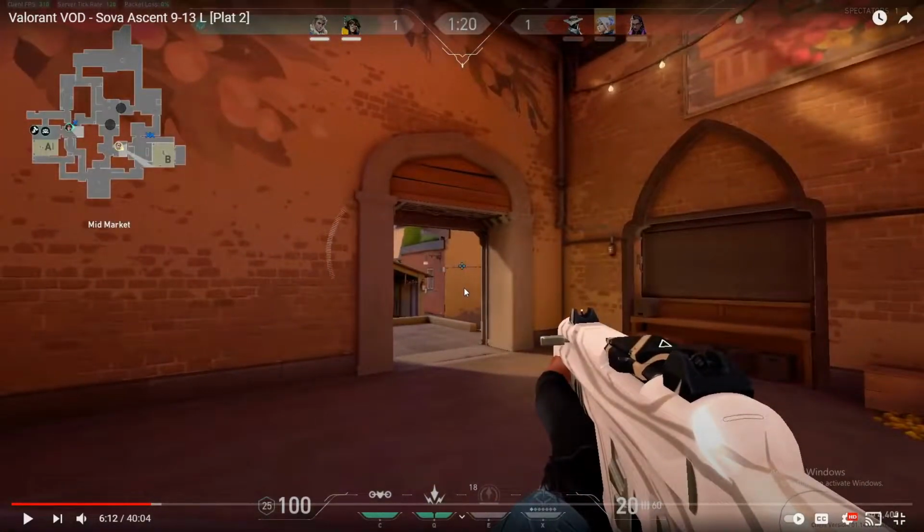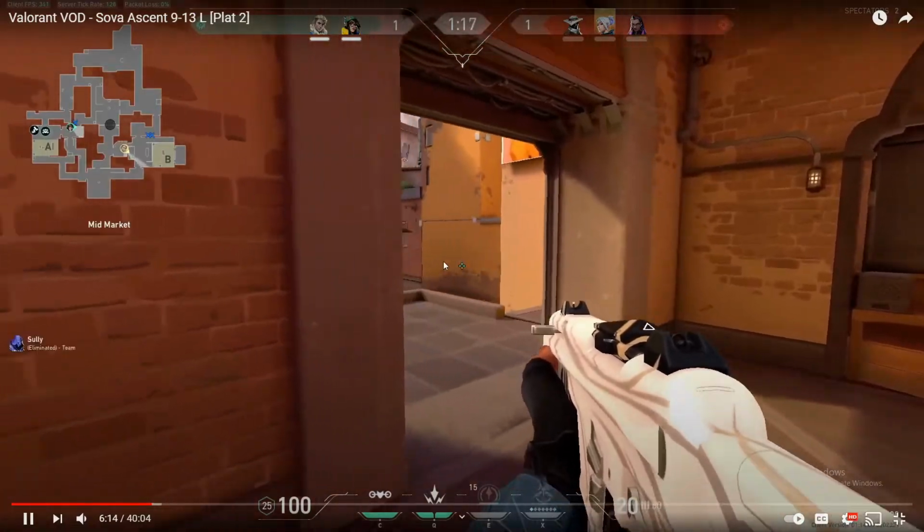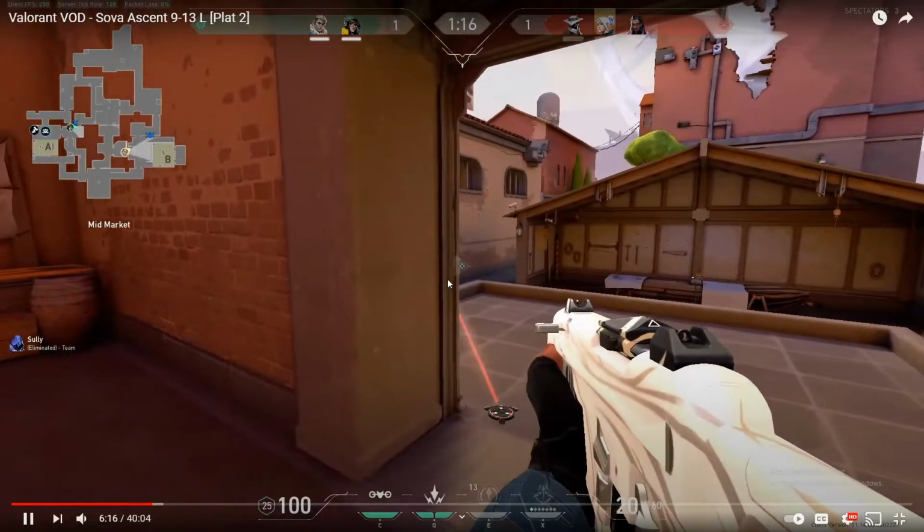And then we're looking at your crosshair placement. We always want to be trying to aim at head level here, and the way you're pre-aiming this just tells me you just love aiming at the stomach, right? So when you come in here,